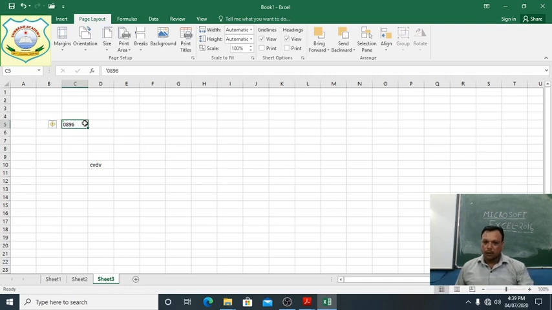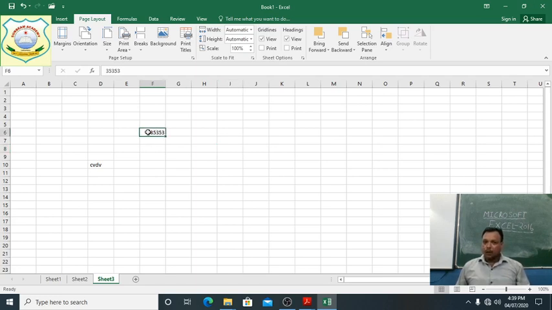Again I am showing you, students. When we write the number and before it we write 0, the 0 is not there, because this is a number. If you keep a 0 before the value, the 0 will not be read by Excel.